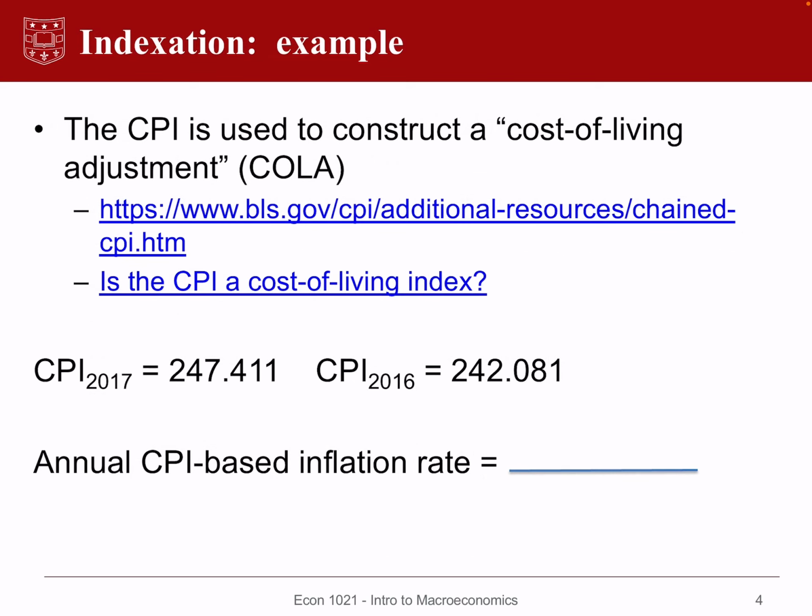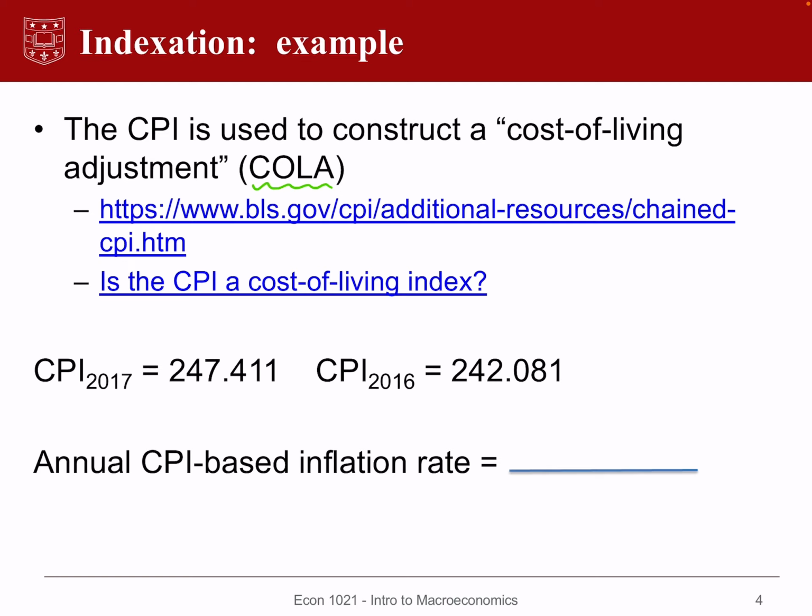What I would like to do first is to consider an example of how a nominal variable is indexed. Often for labor contracts, the consumer price index is used to construct a cost of living adjustment. Again, this is predicated on the idea that we think about the CPI as measuring cost of living, and we discussed some of the qualifications to that earlier. You could follow these two links if you chose to get further information about this. What I have at this point is working up to an example of thinking, as an approximation, how Missouri